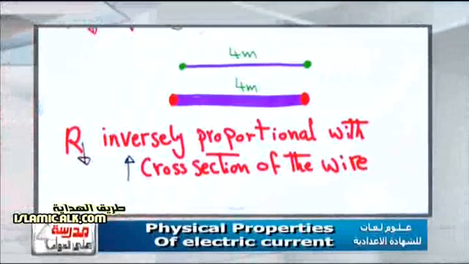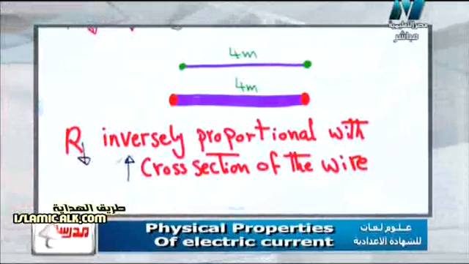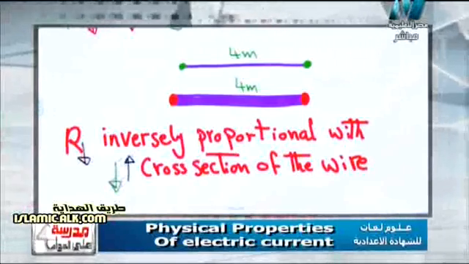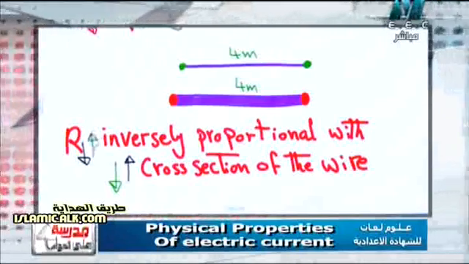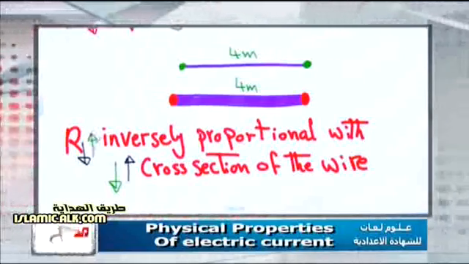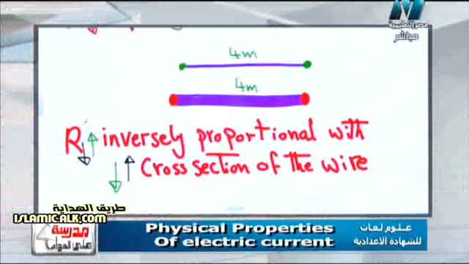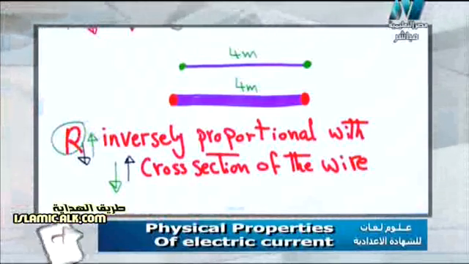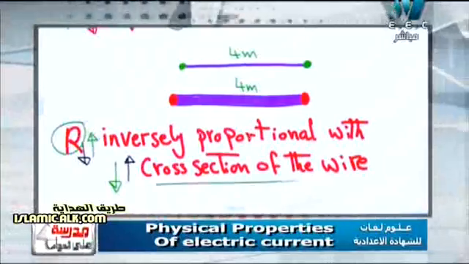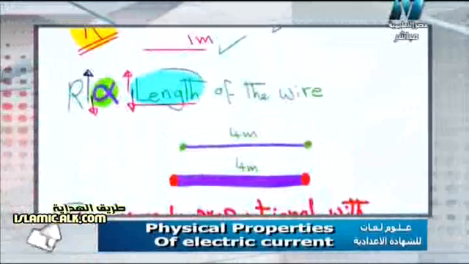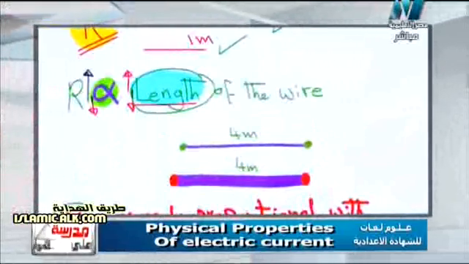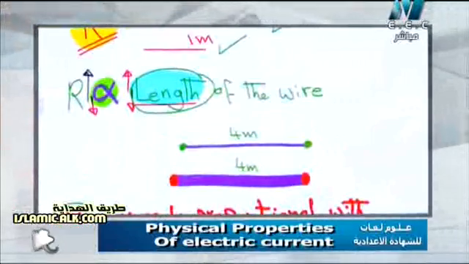If the cross section decreases, the electric resistance increases. Of course, the thicker the wire, the wider the path and the easier it is for the electricity. So the electric resistance is inversely proportional with cross section of the wire, and at the same time directly proportional with length of the wire. So now, dear students, we have two factors